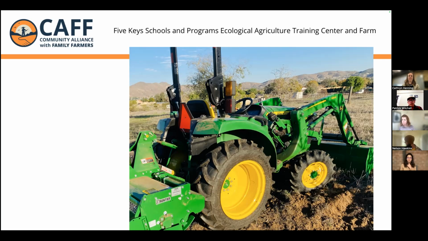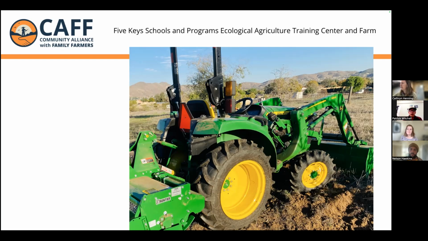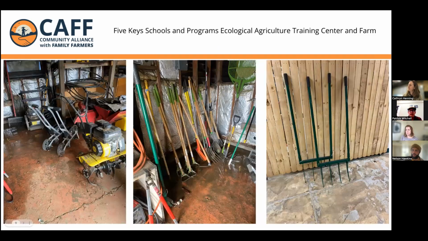And so what we did was we put together a tool and equipment lending library for anybody who's associated with our program. You don't necessarily have to be in the apprenticeship program, but through our cultural and community center, we've built a huge community of folks. And so as long as you're part of that, you have access to it. And we have a tractor that we will do tractor work for you. And then we have a lot of hand tools and things like that that are available.